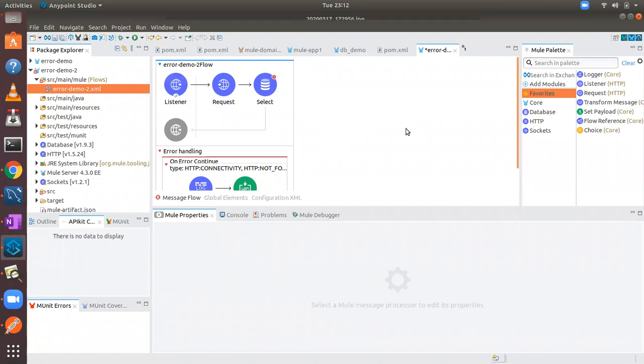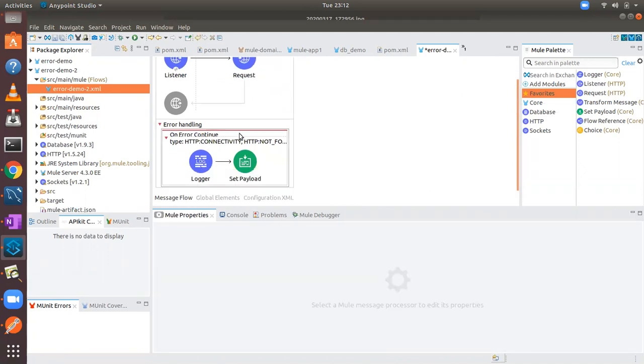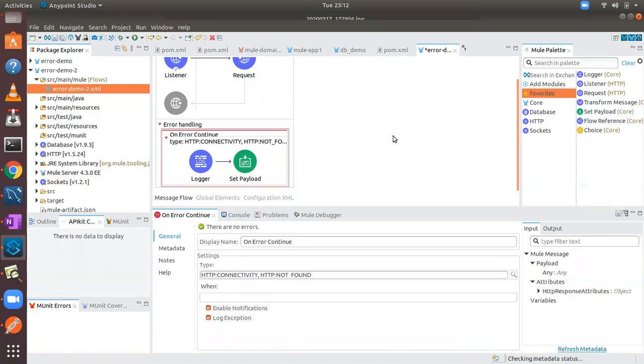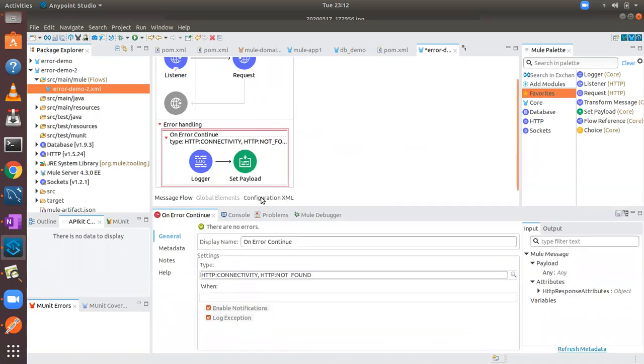Now try to understand this stuff. This is flow scope error handling, right? Here I will remove this and put it outside.